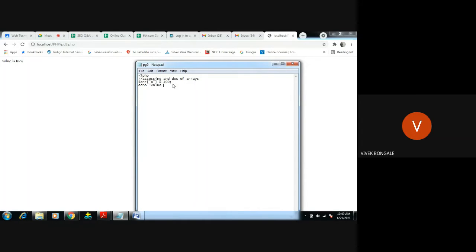"Value is", I will use a space here, dot, dollar ARR. Here you are calling through the index value. Here we have given the index value a, so a.